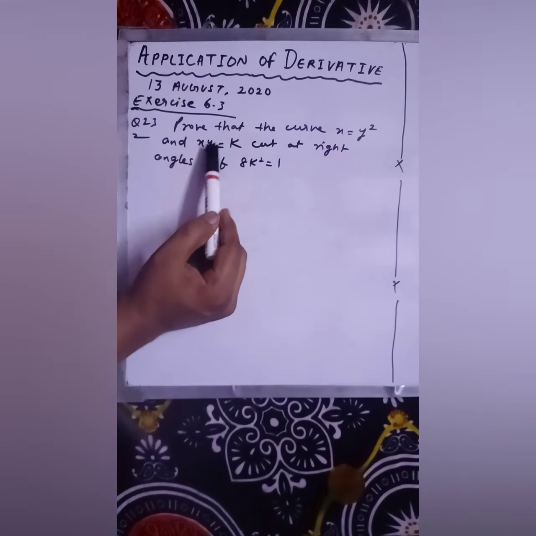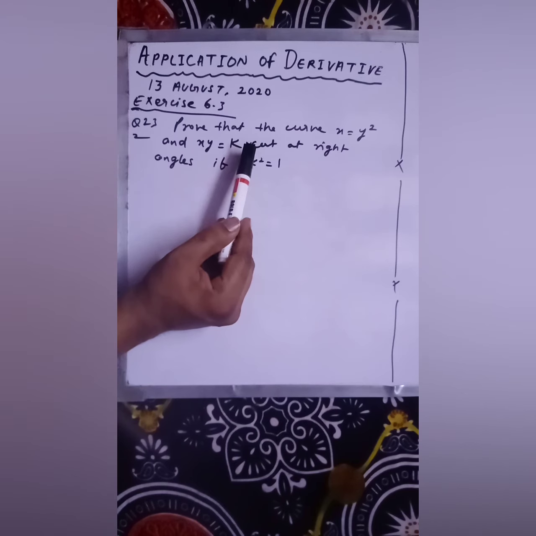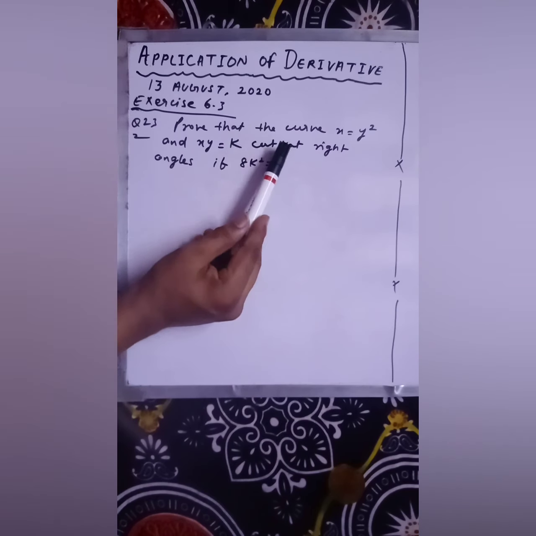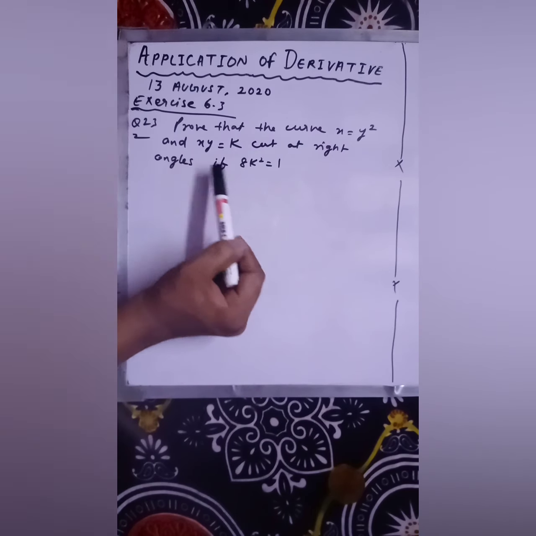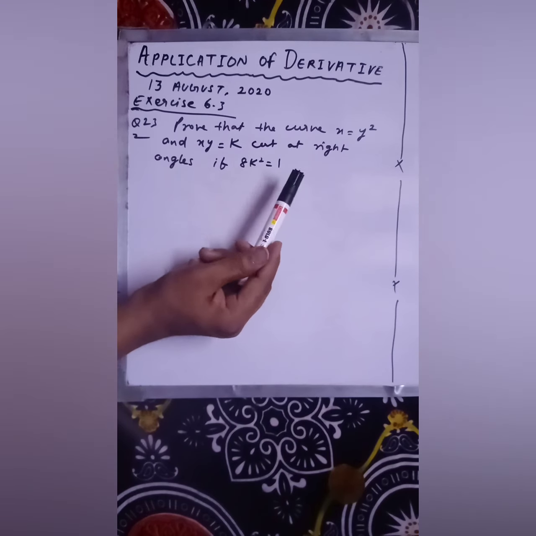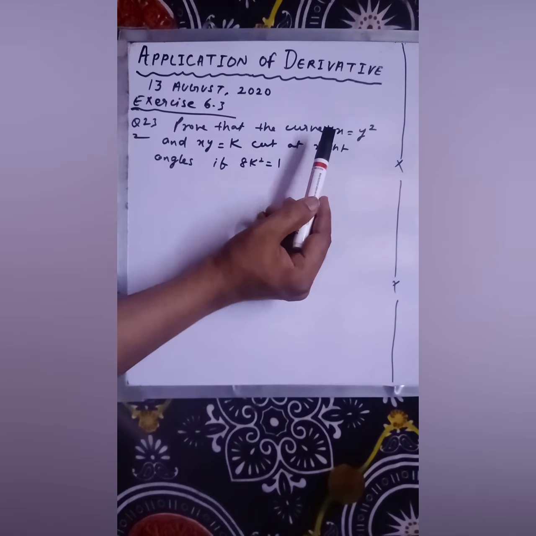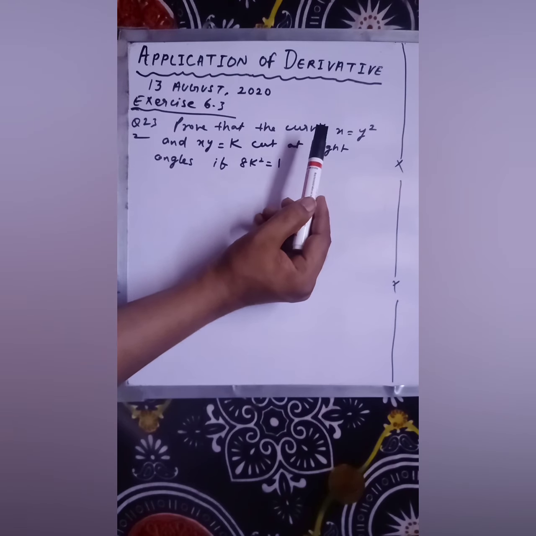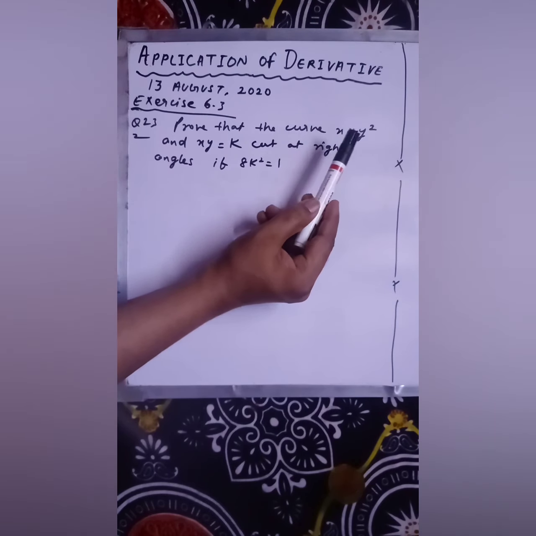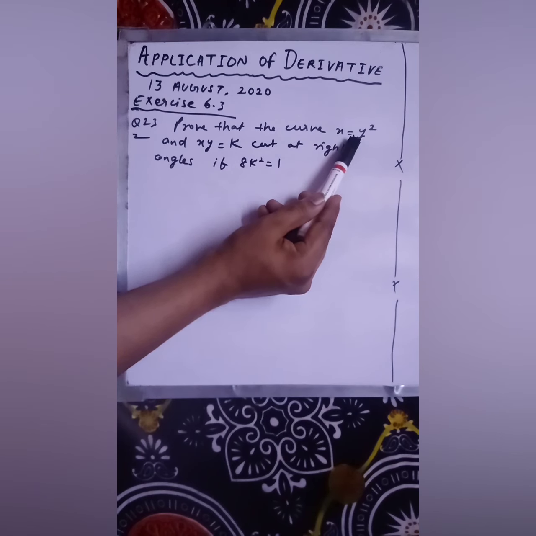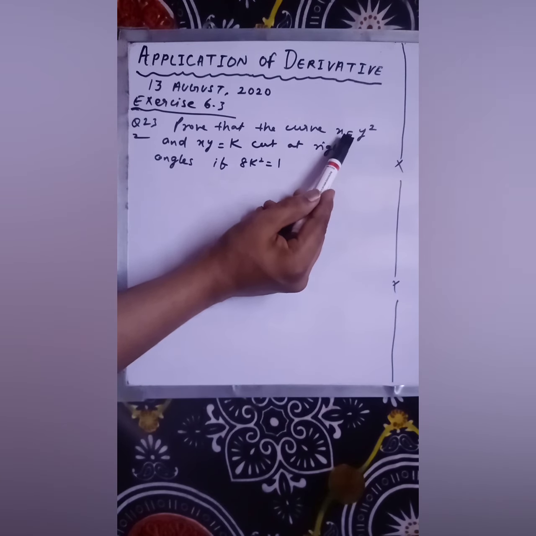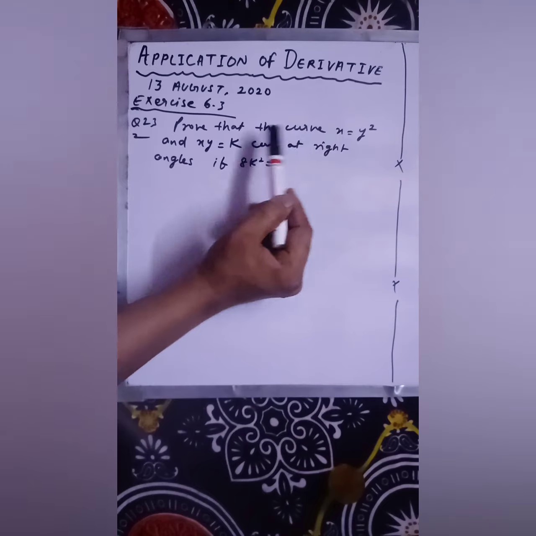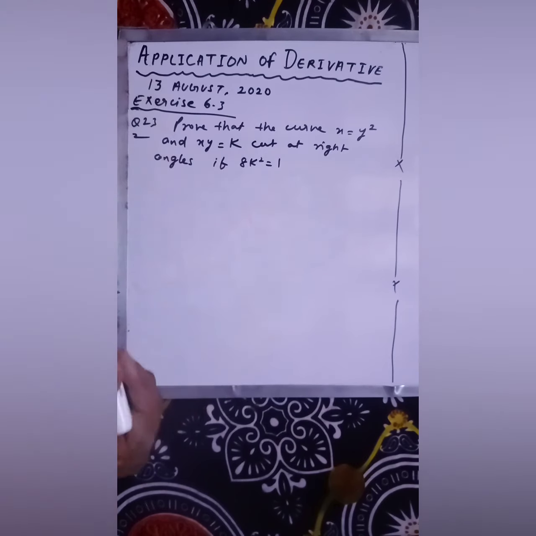Here the equations of two curves are given to us, and they are intersecting. We have to prove that they are intersecting at a right angle. So what we will do is find the intersecting point. At whichever point they are intersecting, you have to find the slope of this equation. And the intersecting point which you have got, you have to put in the derivative of this equation and of this equation. See, here I am solving.